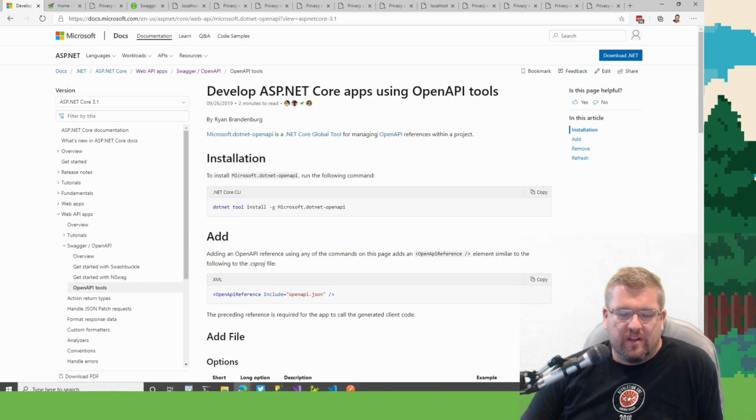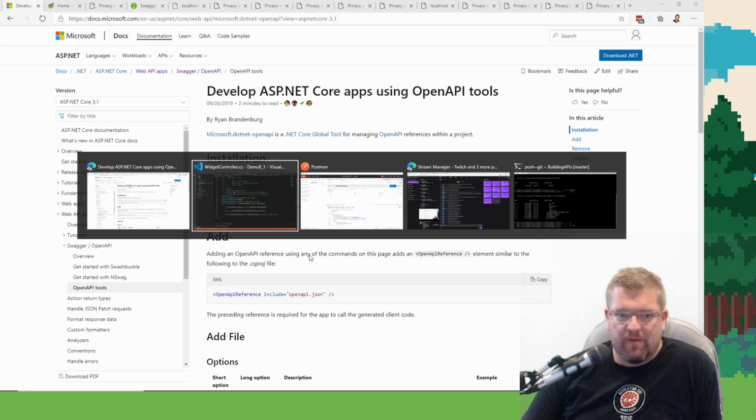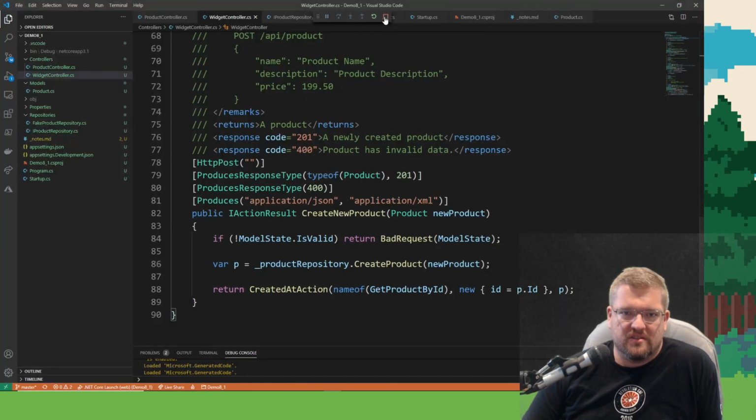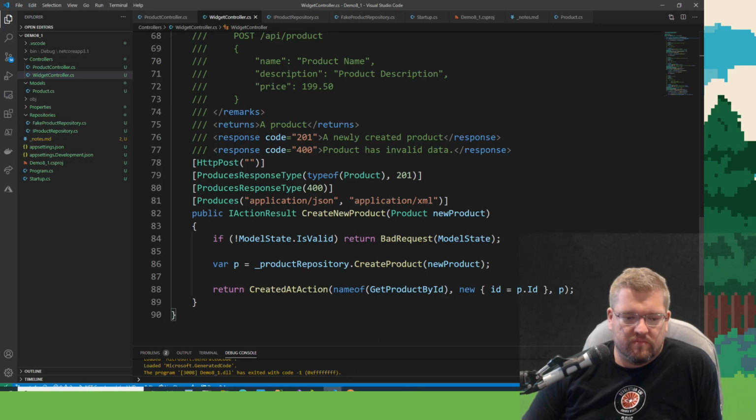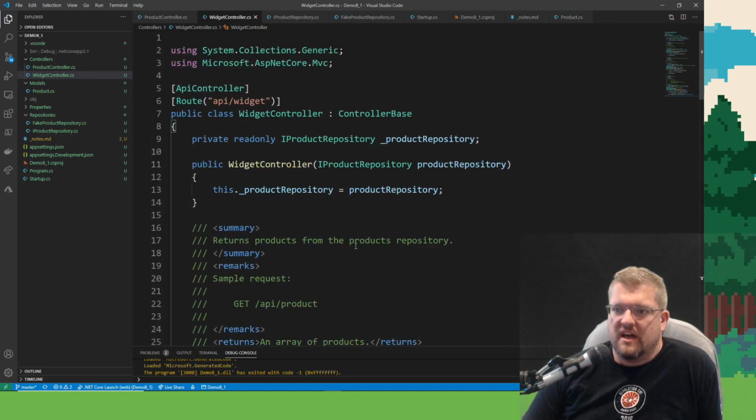All right, friends, I think that's enough Swagger for now. I'm really happy with the way that this turned out. This is really good stuff. All right, I have a little bit more time left in the stream before I get knocked off for the afternoon, so I'm going to do a little bit of housekeeping.